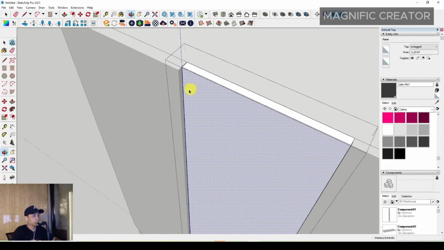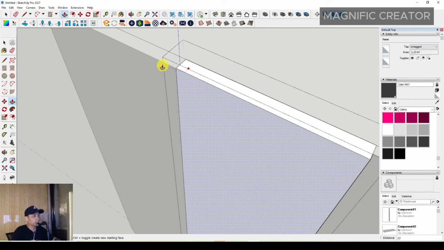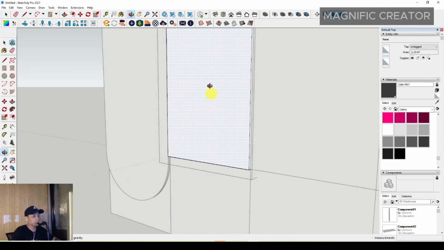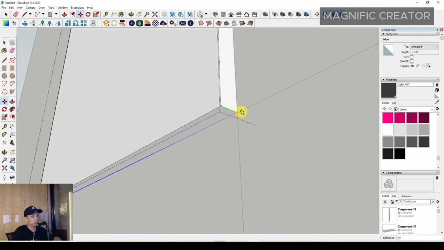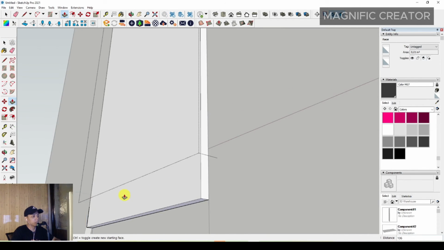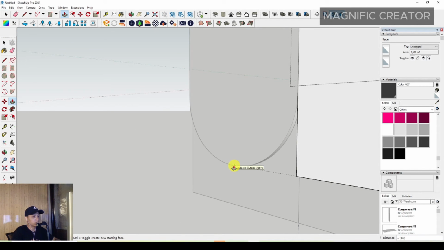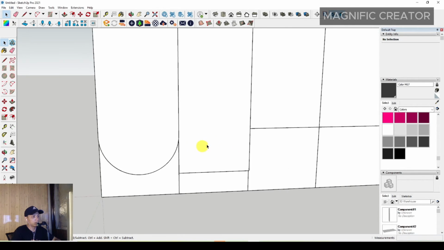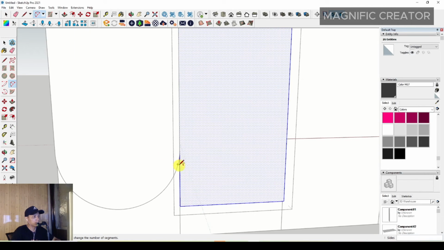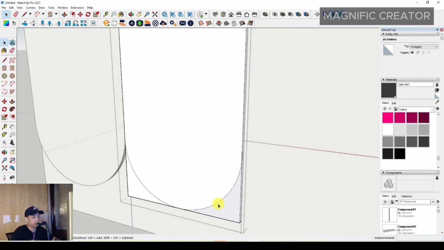Then you can make a push and just position on it, and then you can select this line and press move and just press control to duplicate it, and then you can position on the lower position of the previous door anyway. Then you can use a 2-point arc to make uniqueness of this door anyway, something like this. Okay, you can use shift, okay, and then you can